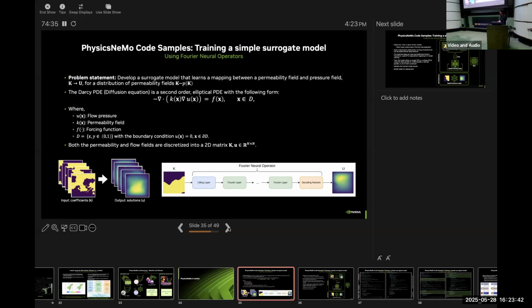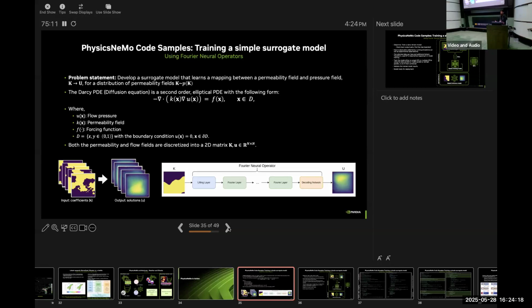So basically think of it like you have this PDE that is shown here. You're varying these input coefficient fields, and for a fixed forcing function, you are getting different solution fields if you solve it through a numerical solver. And the idea would be, if you had such a data set, train a model to develop a mapping between these two. So one can claim that if the model is able to predict that, the model has captured the physics of the problem, right? So that's the kind of mapping that we are going to try to develop here.